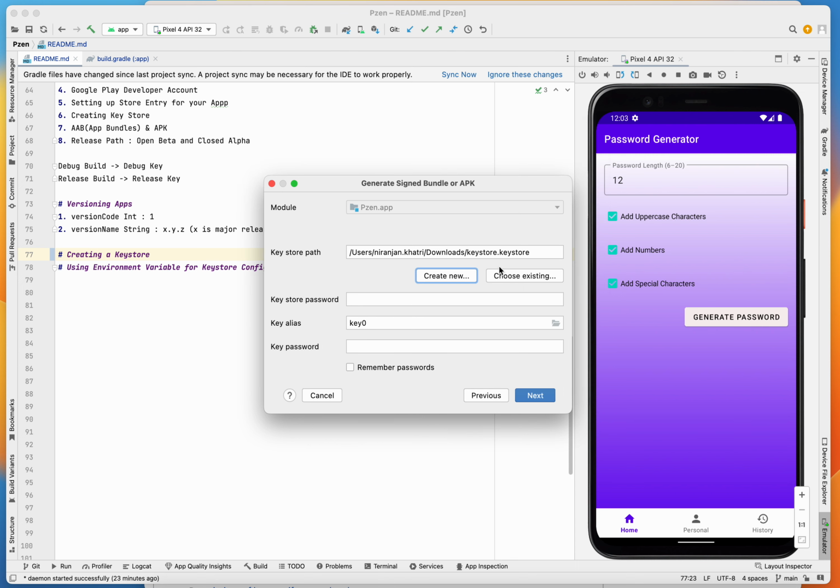Okay, so I'm just going to choose the key store that I've already created. You can just pass in your key store password and key alias. My key store password is, and my key password is, okay. So I'm going to click next now. After you click next,